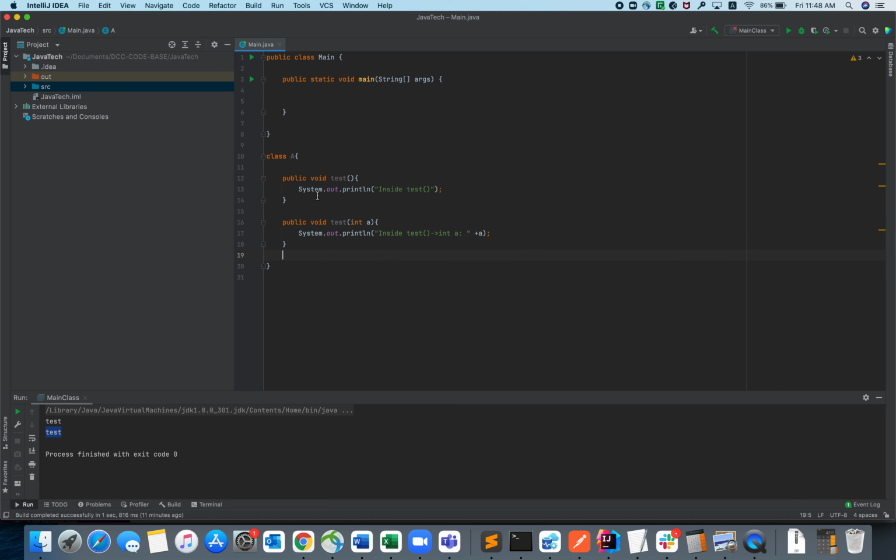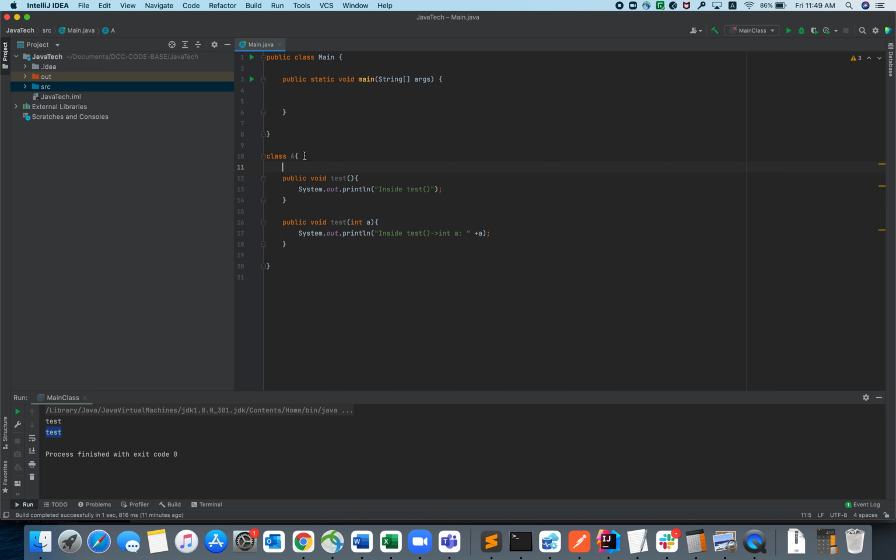So this is okay. Now if you see, we have a class called a, and this class has two methods. The method name is exactly the same, even access and return type are the same, but it is taking a different argument. The first method is not taking any argument, and the second method is taking an integer argument, right? So this concept is nothing but method overloading, right?